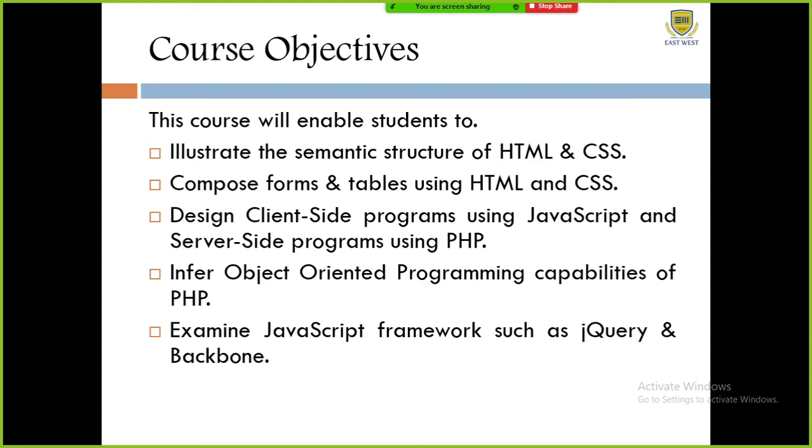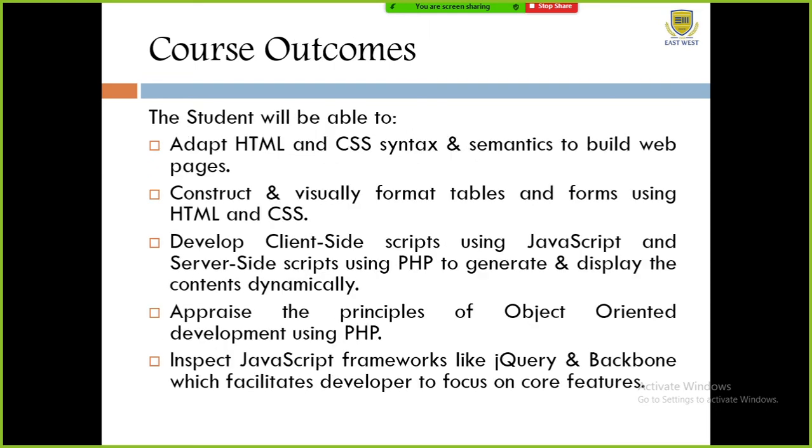So what are the different course outcomes, like what students will be able to do after learning each module or after learning this course. The student will be able to adopt HTML and CSS syntax and semantics to build web pages. That is the first point.